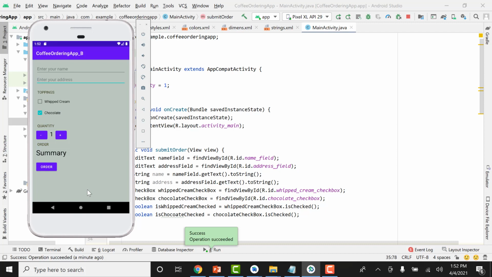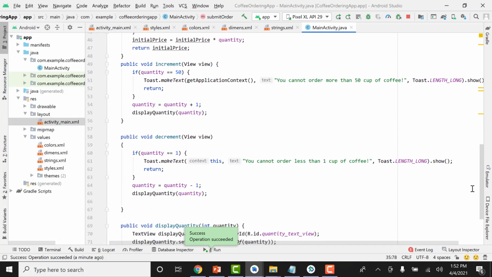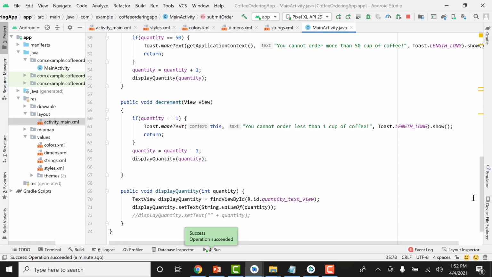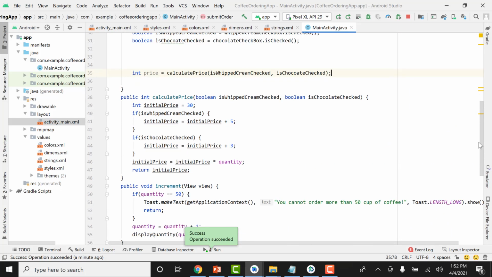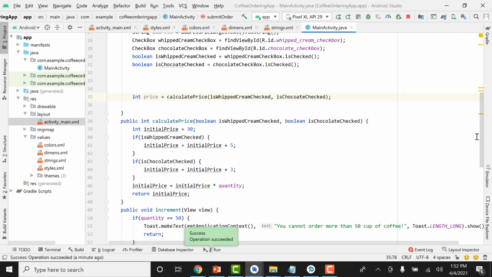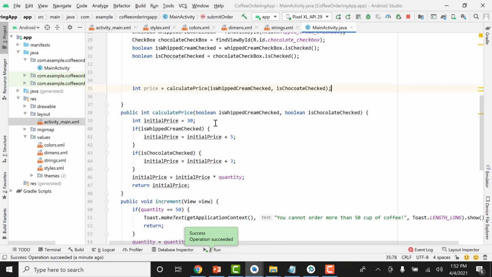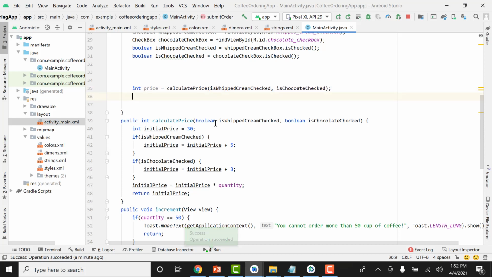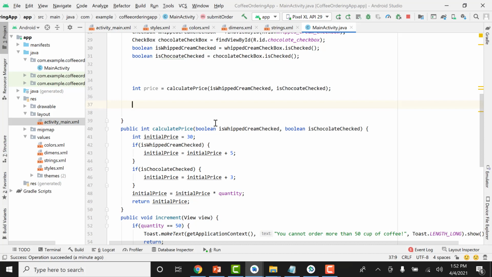We also have the submit order button, but here it is not showing us the summary because we haven't coded that summary. So today is the time to display that summary on the screen, as well as to email that summary to the corresponding restaurant administration in order to place that order. So here we are going to define our order summary